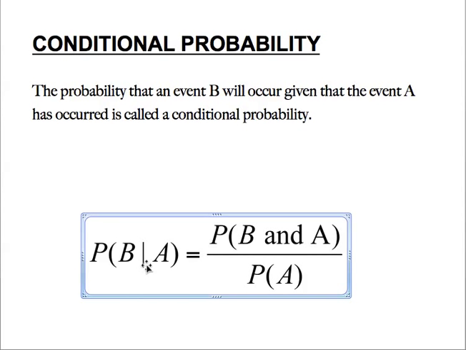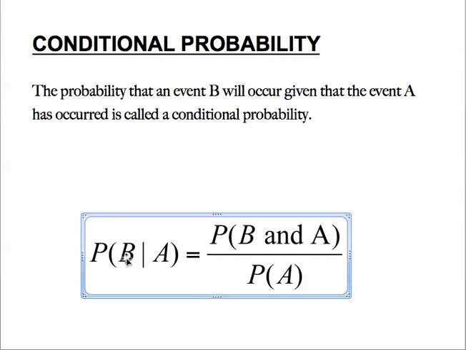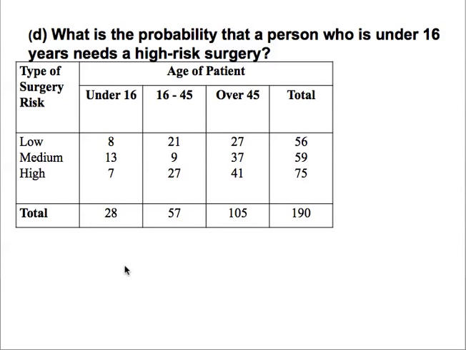Okay, and this little line would indicate "given that," right? So it's the probability of event B given that A has occurred. And we're going to look at an example. What is the probability that a person who is under 16 years needs a high risk surgery? Now notice we are not